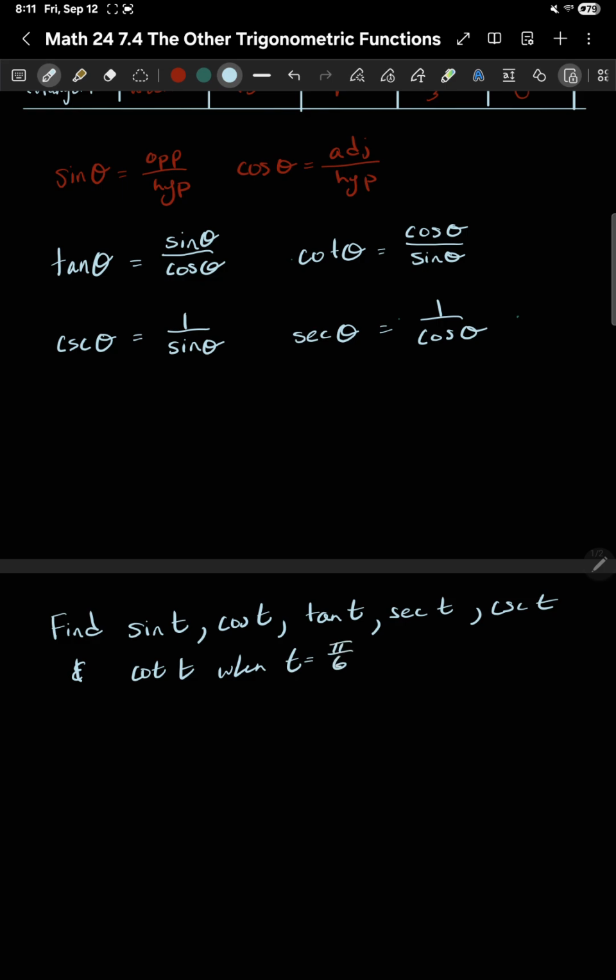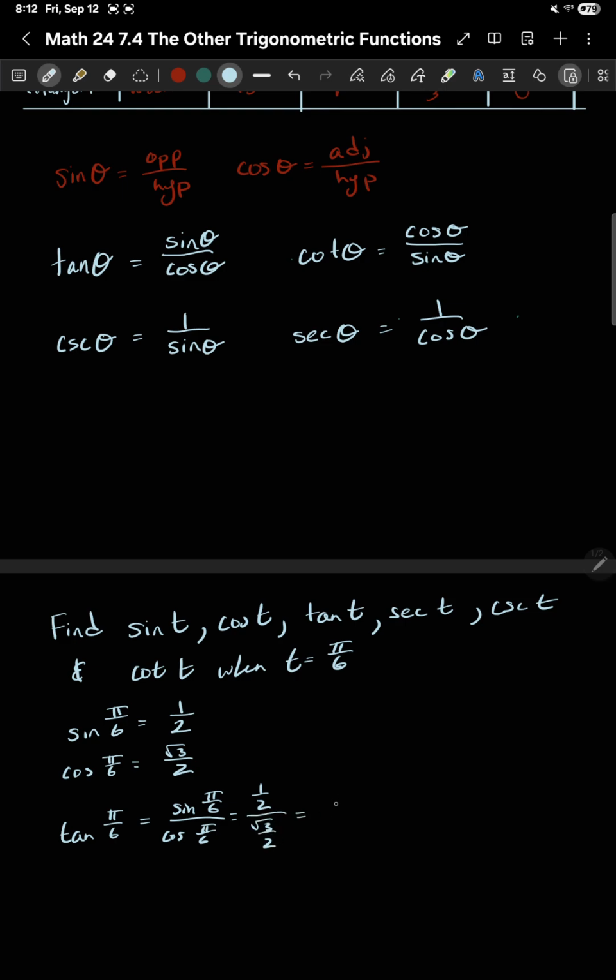Okay, well, we have the table for all of this, but let's just assume that we don't. So how would we do this? Well, if we remember that sine of pi over 6 is equal to 1/2, and cosine of pi over 6 is equal to square root of 3 over 2. So once again, just knowing sine and cosine, well, then we know tangent of pi over 6 is equal to sine of pi over 6 over cosine of pi over 6. And since we know the values for sine and cosine,